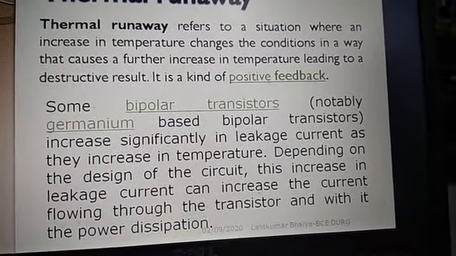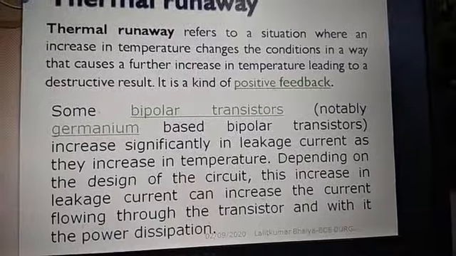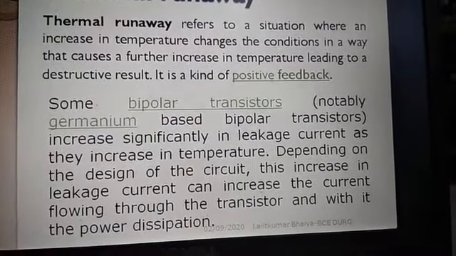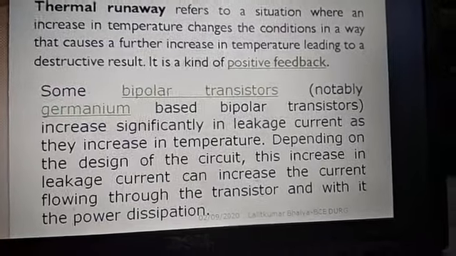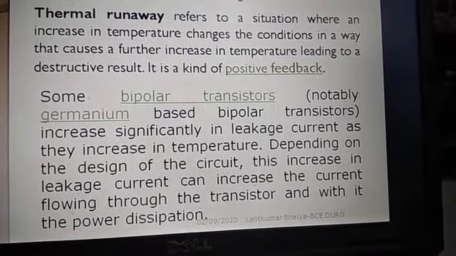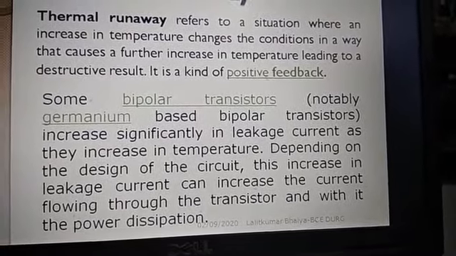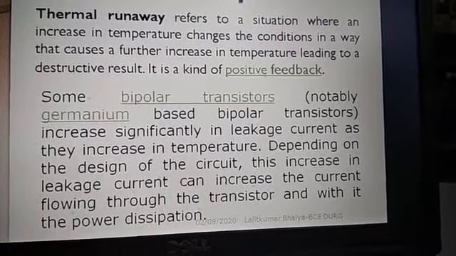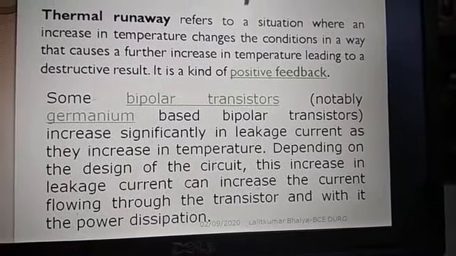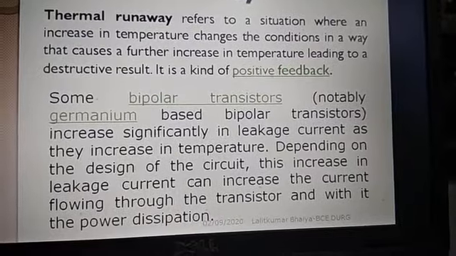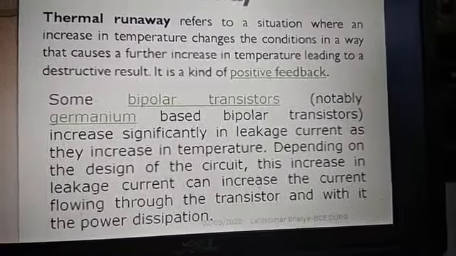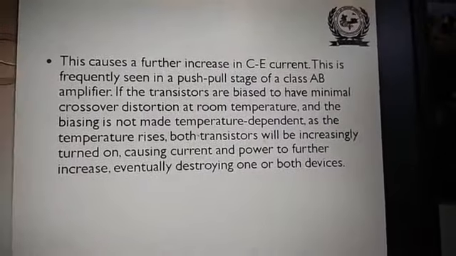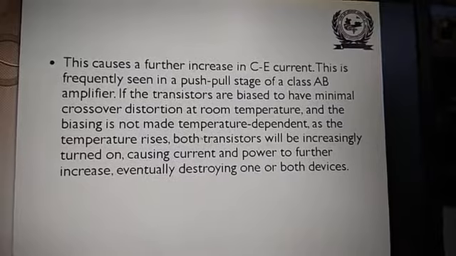In BJT, generally germanium based BJT increases significantly in leakage current as they increase in temperature, depending on the design of the circuit. This increase in leakage current can increase the current flowing through the transistor and with it the power dissipation. This causes a further increase in